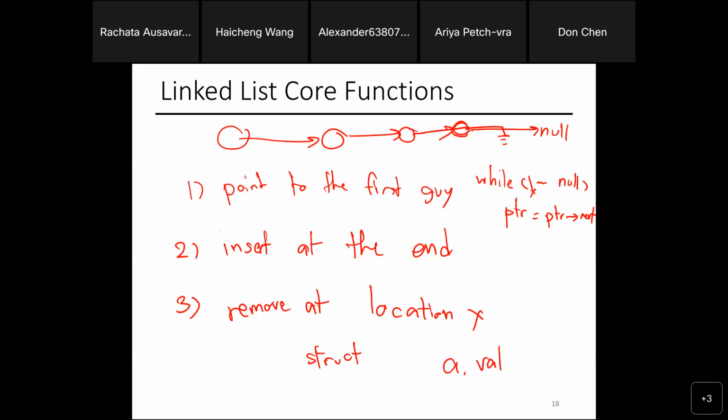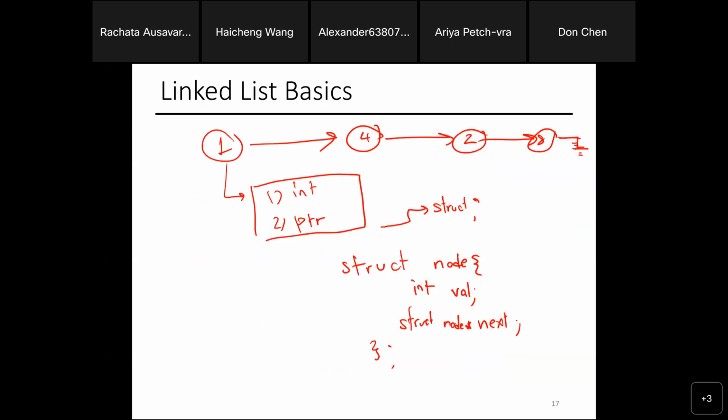If I have a struct pointer, like this one, it is not the struct itself, it's a pointer to the struct. Let's say this node is named A. Because it's a pointer, I can dereference it and then access next.